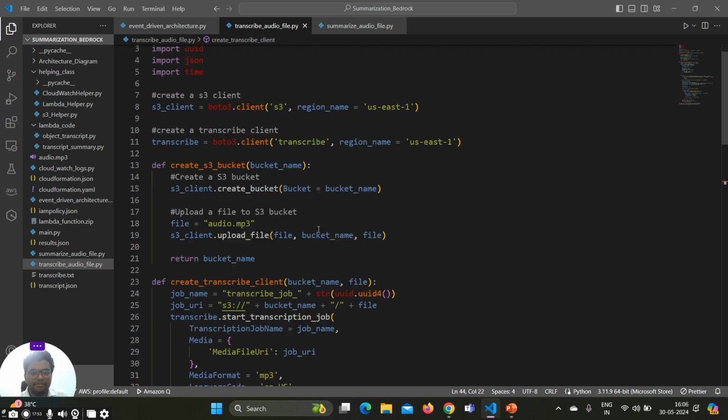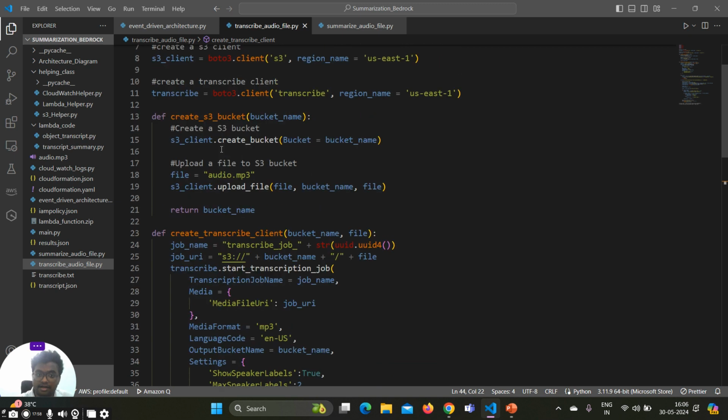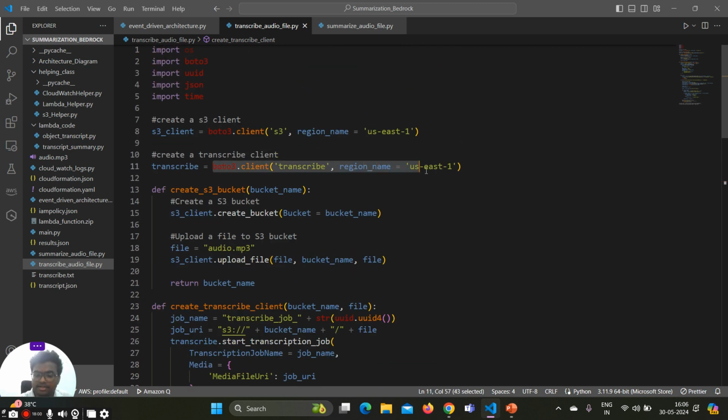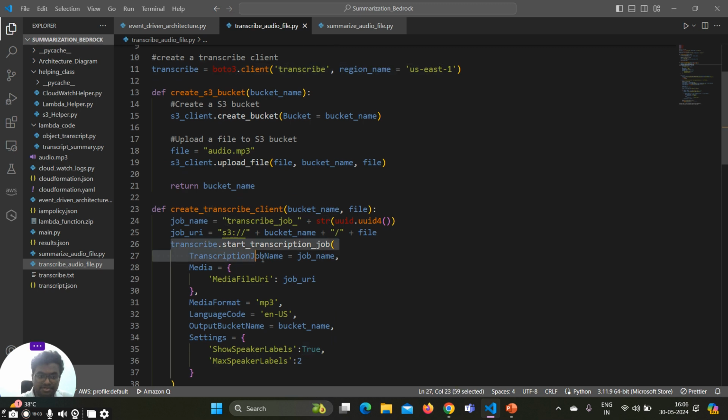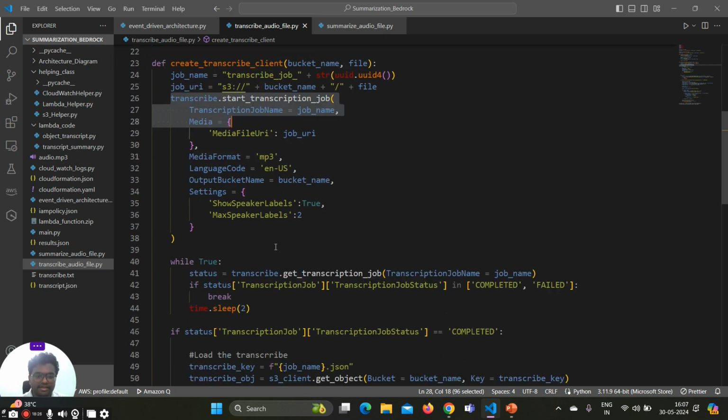You could see I've created a transcribe client, and with the transcribe client I've created the transcription job. To be more precise, I've created the settings to show the labels of the speaker. So either the sentence has been spoken by this person or that person. You can't identify the speaker by name, but you can identify them as speaker 0 and speaker 1. With the help of that, we can reframe who's speaker 0 or who's speaker 1. And I've given the maximum speakers as 2,